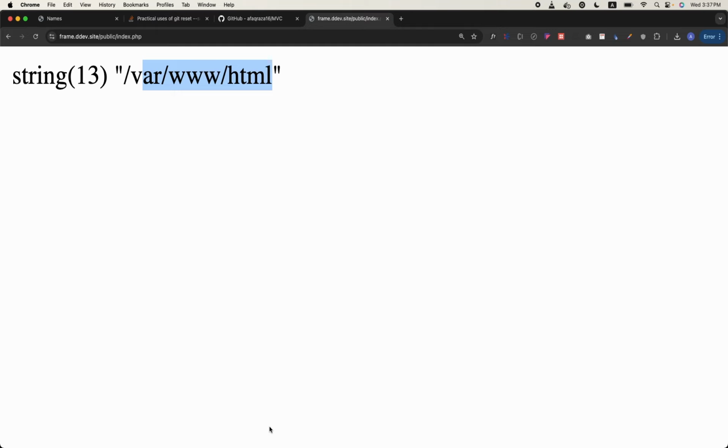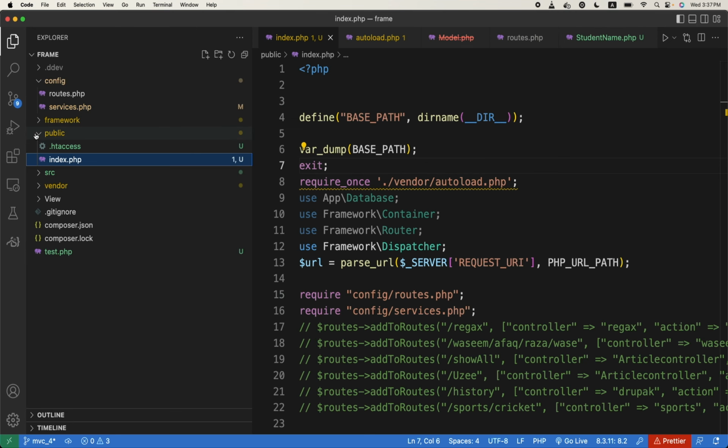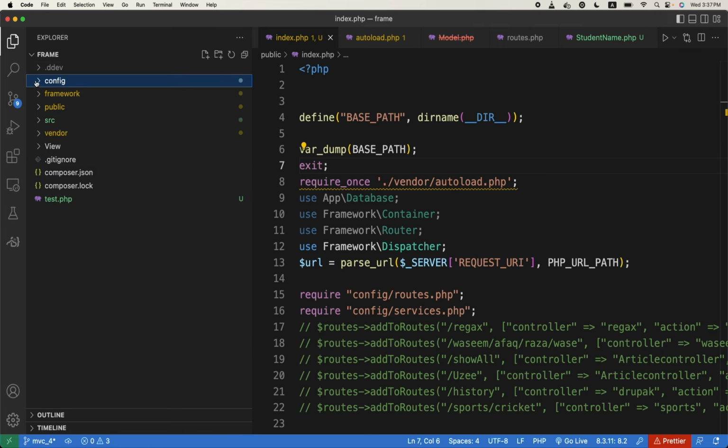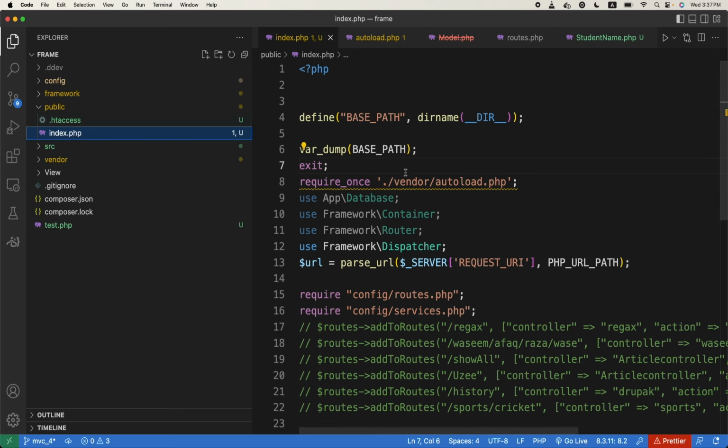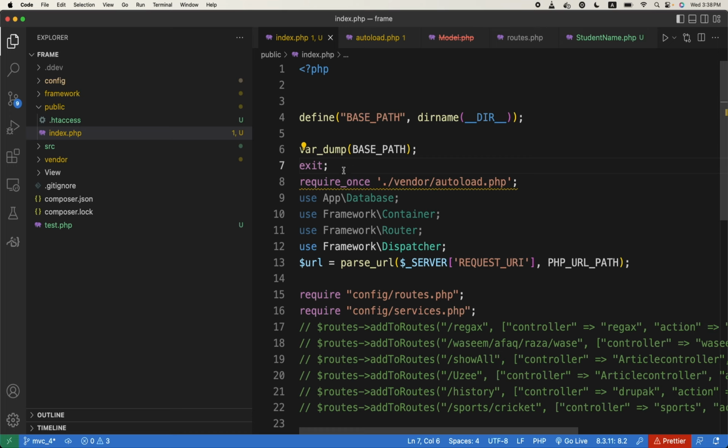Okay, so for example, right now where is your vendor directory? If you go, it's here. The vendor directory is in the root, outside of the public folder. So how can I now let index.php know that it has to use the vendor directory? Because I cannot go one level up here to access a PHP page; it should not be accessible outside. So what we can do is,